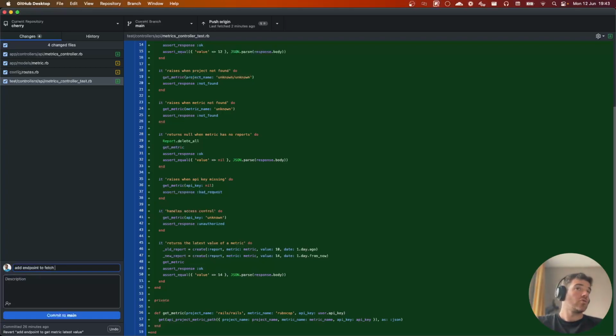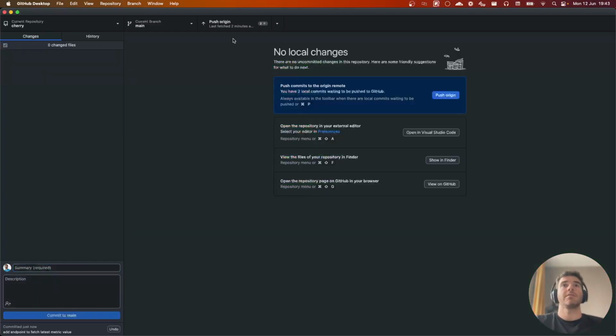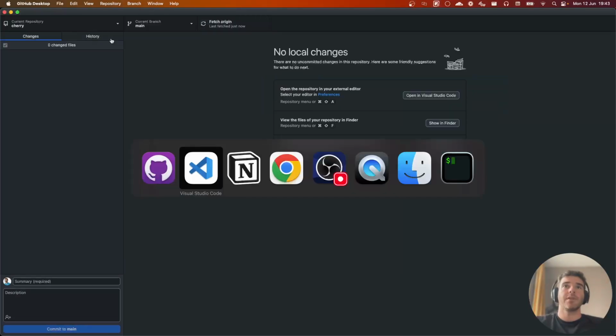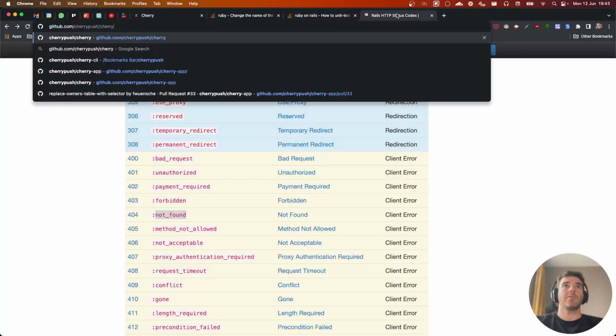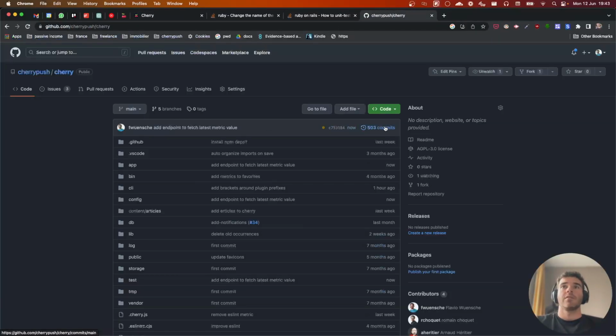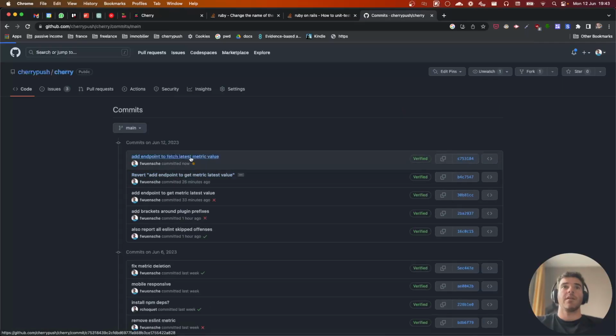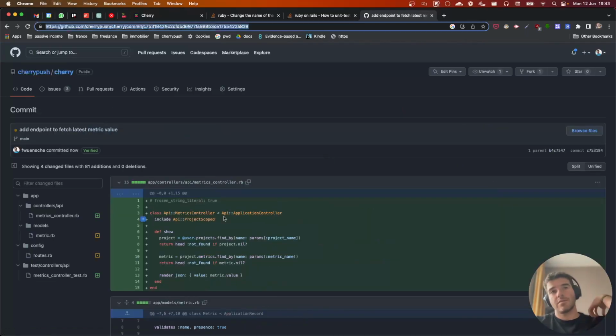Okay, so add endpoint to fetch latest metric value. Commit and push. Okay, that's it. I'm gonna go get the GitHub cherry commits, and I'm gonna share this in the video description,